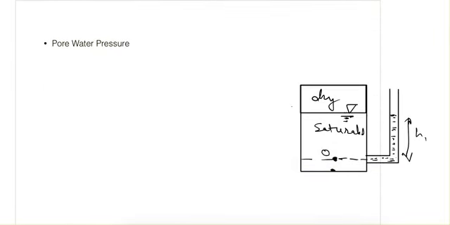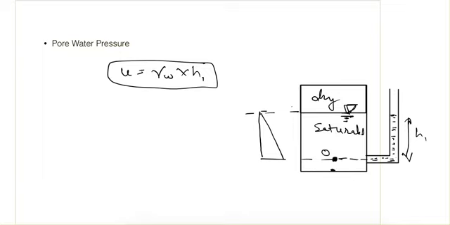First let's see the pore water pressure. Pore water pressure is the hydrostatic pressure up to that point for which we want to calculate. So if the water table is there up to this point and the depth of this point is H1, the pore water pressure can be given as gamma W times H1,